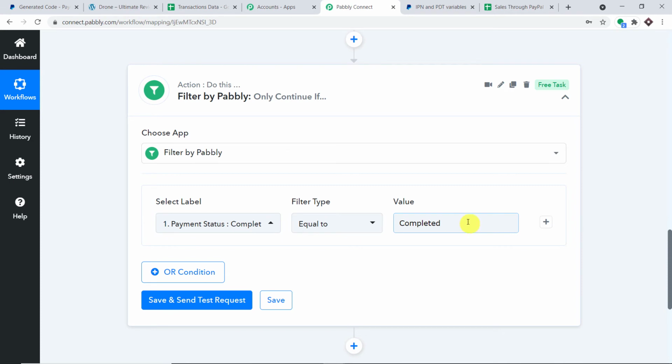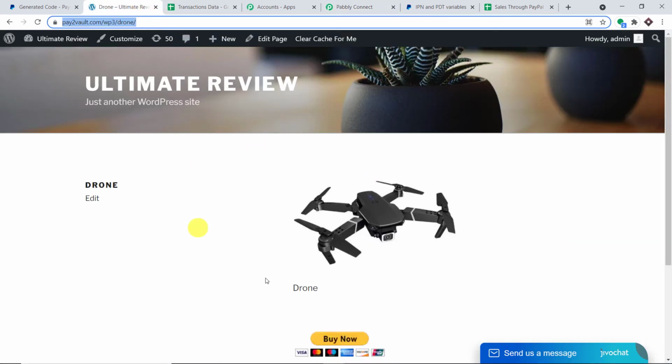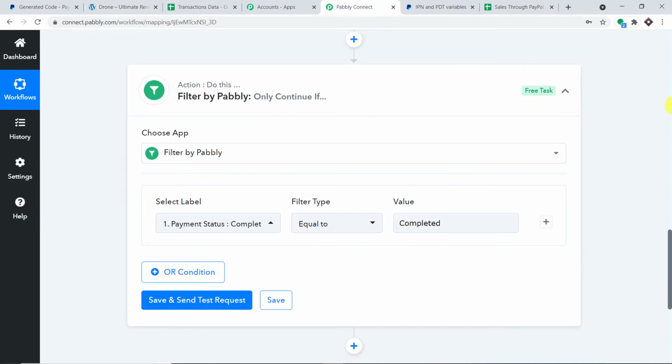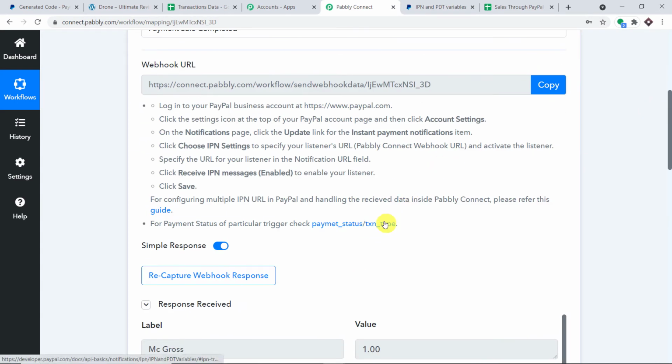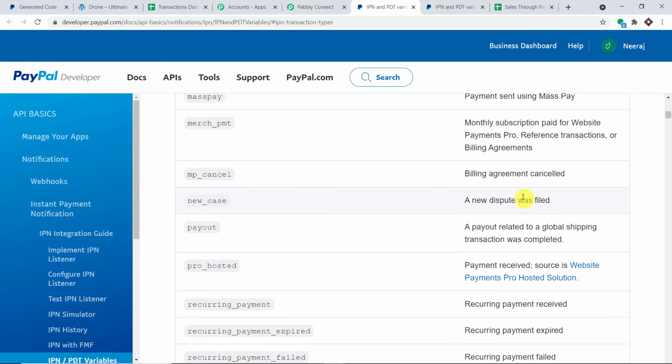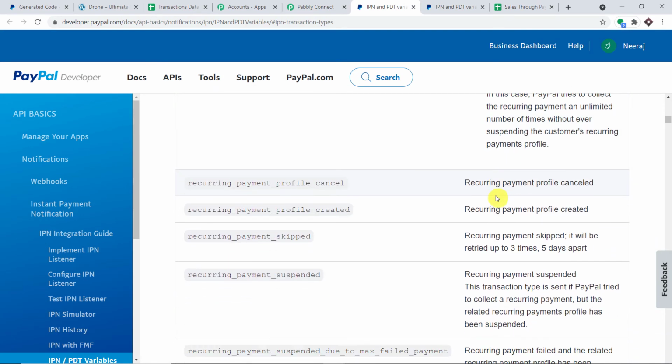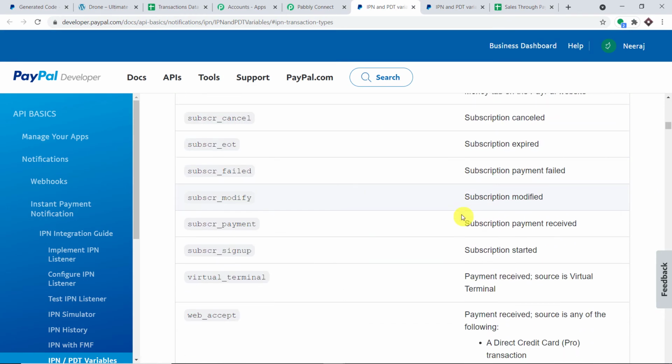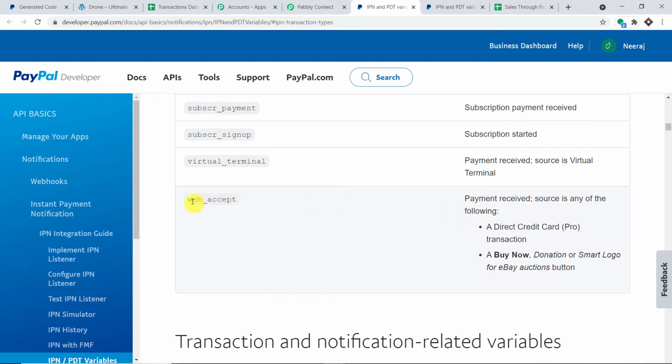Now, other than this, there is something else you should know. This actually came from the web. Here we have some choices, the transaction type. Let's have a look at the transaction type. Now, this is not really necessary. The idea is that we want to send the data only when the payment is made by debit card, or a direct credit card, or with a buy now button.